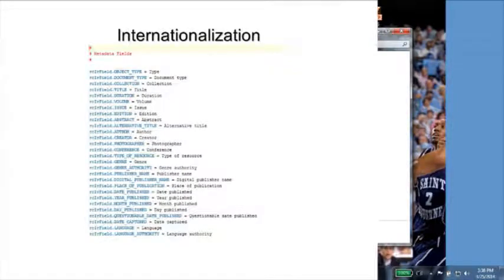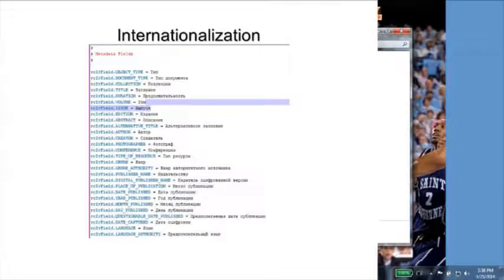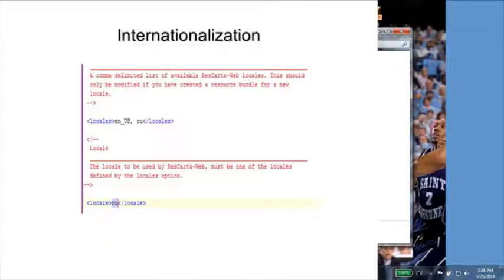We finally internationalized the interface by taking our metadata fields. So that was English, and all you have to do is give the translation for the individual terms, and you can set it, and it sets in a little XML file by just setting the localization to your localization file.